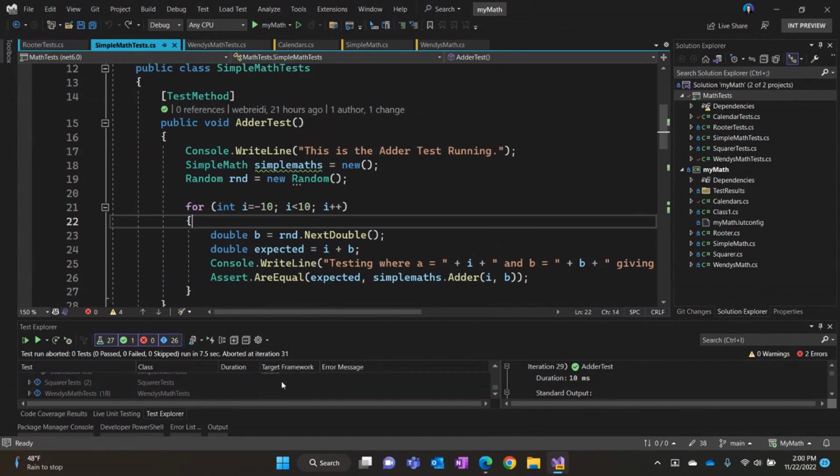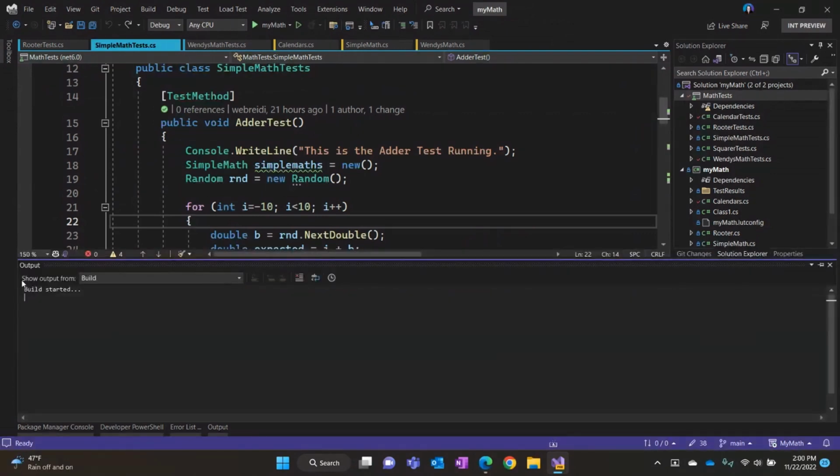I put the target framework in my test explorer here so that we can see when it is going to discover and run the tests for the various frameworks in parallel, and run them and show the results. So some may fail and some may succeed. And you can then see the results for it run in .NET 6, .NET 7. This works for .NET 7 and the earlier frameworks.